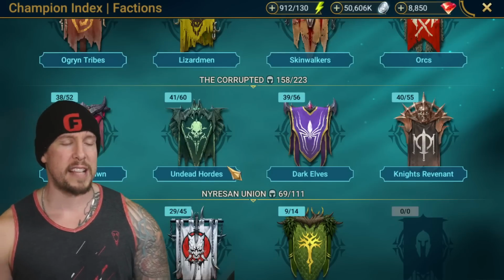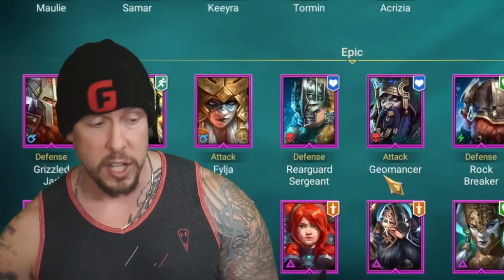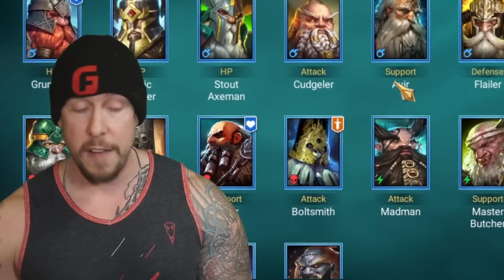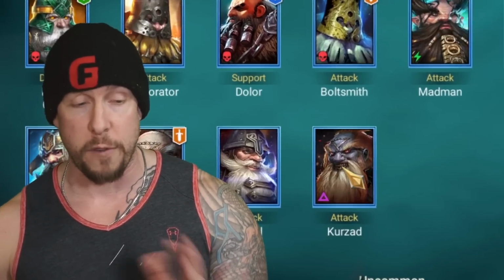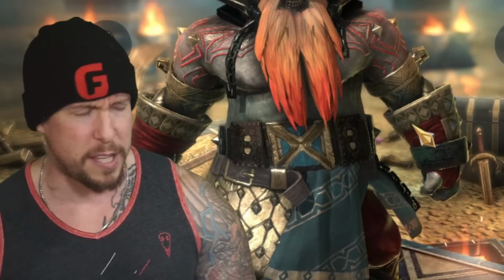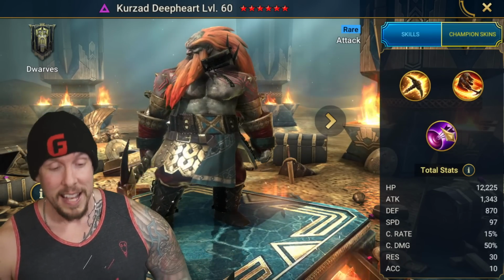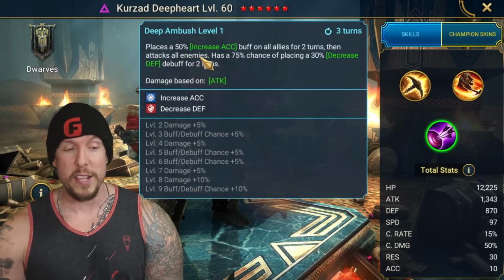And then last but not least, guys, ironically the only rare and also the first increased accuracy champion, the big version too, to ever be added to the game on an AoE. First was actually Stag Knight on his pinpoint accuracy on his passive. Khazar Deepheart, man. I love me some Khazar Deepheart. And I gotta tell you guys, this move is really good,